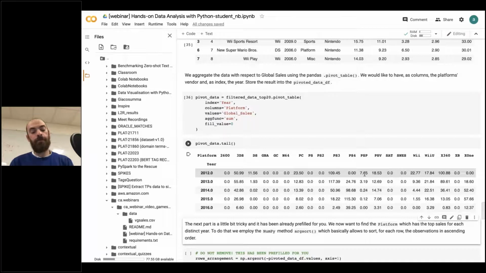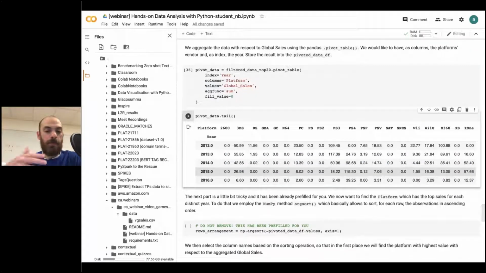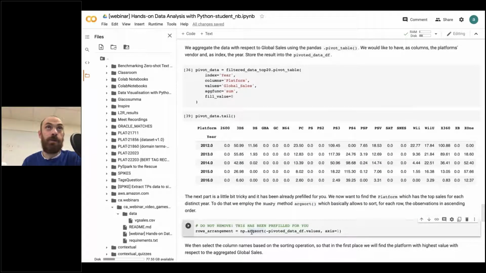And therefore, you have to remember that we have to answer a specific question, which is the following: which was the platform with the highest number of global sales for each year? So to do that, we basically have to retain the maximum value that we observe in each single row. And to do that, we use the argsort method from NumPy, which is another very popular library for matrix operations